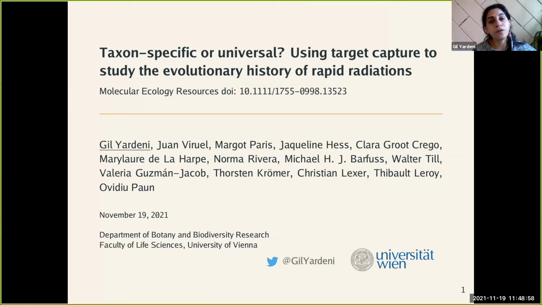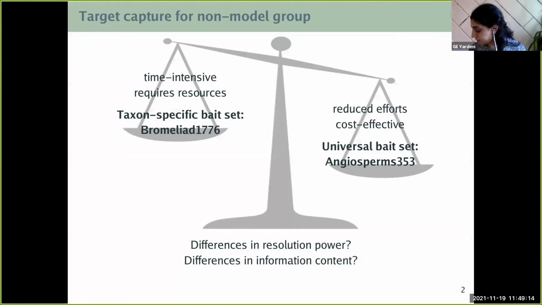And today I'm going to talk about a comparison that we did between two bait sets to study a rapid radiation. This work has been recently published, so I have the link here, but I will give a short overview of what we've done. In my project, I'm using genomics to study a non-model group, and we became very interested